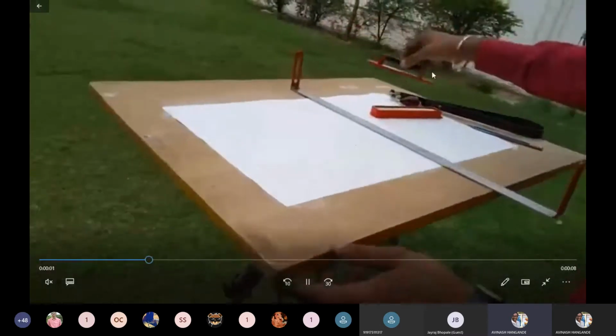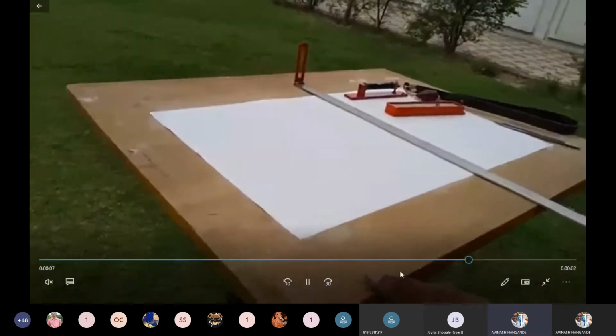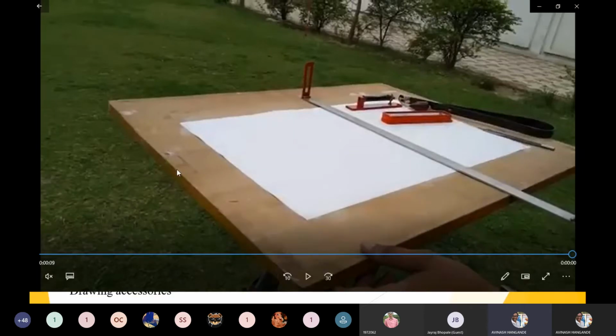So look at here, at each corner, at here and here, we have to place our spirit level, and then we have to rotate this plane table, or we can take use of the tripod legs. Okay, so I think in the dumpy level we have made use of tripod stands, tripod legs, to bring the bubble to be center. So that is the same procedure that we have to perform here. With the help of that tripod leg, we have to bring that bubble tube at its center.